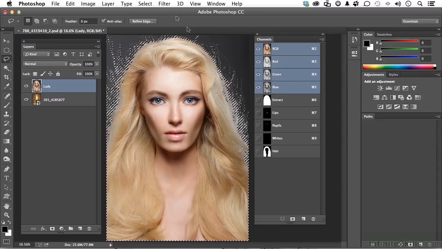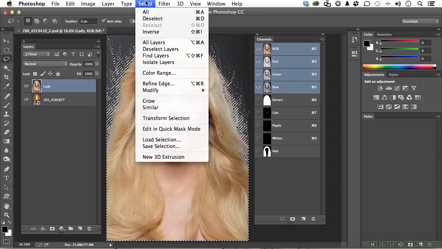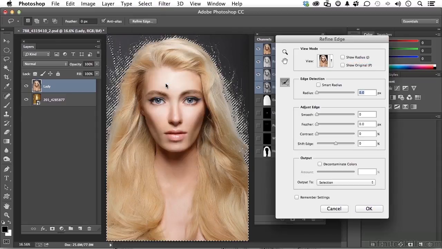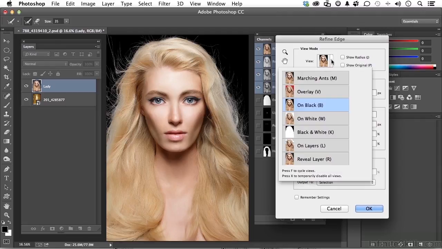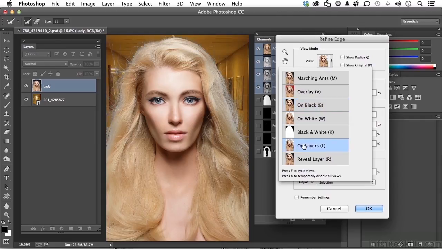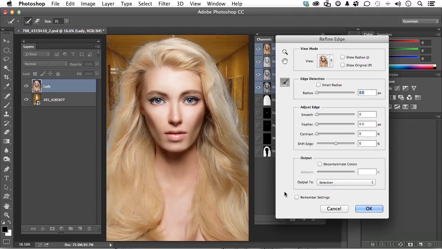We can then come up to the word Select on the pull-down menu and go down to Refine Edge. Now, in Refine Edge, we can then decide what we want. We can even change the view to show it against the layer that it's underneath and decide if we like that. What we do next is decide if we want to make any changes. For example, we can change the radius. Now, that's the area it kind of looks for the edge in. We can smooth it. Now, if we do that, we're going to lose some of those stray hairs. It's up to you. We can feather,